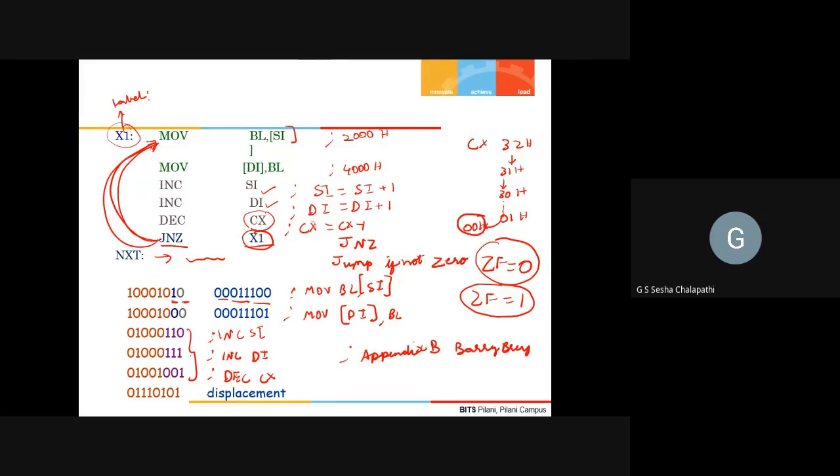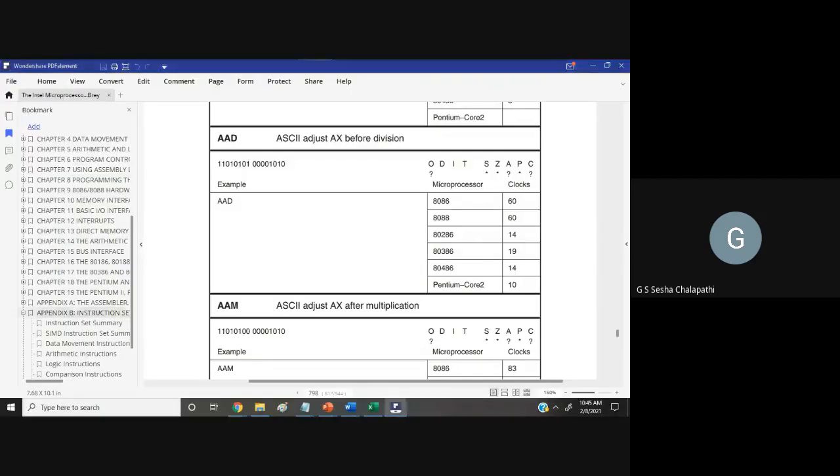What is of interest to us here is this JNZ X1. When you have JNZ X1 in machine code, this is what I would like to emphasize.